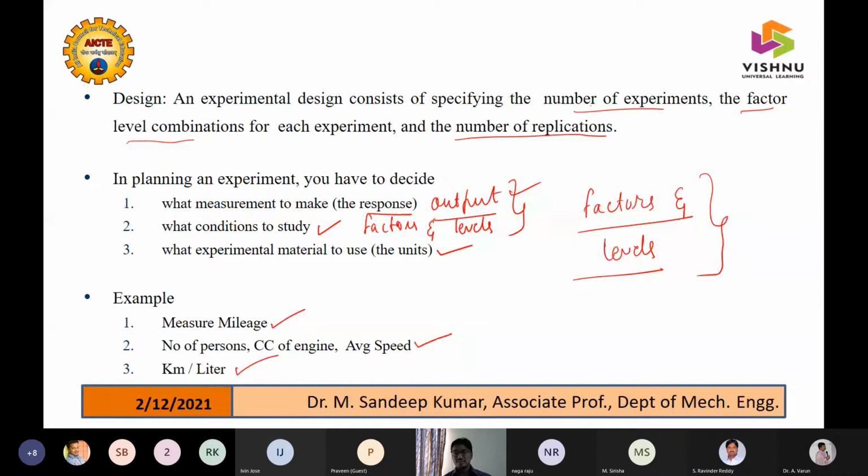There may be n number of factors which affect the process, and there will be n number of levels of these factors also. The major issue, where people make mistakes, is selecting the factors and levels, and then we select some design which doesn't actually fit our requirement. So that is the major mistake.